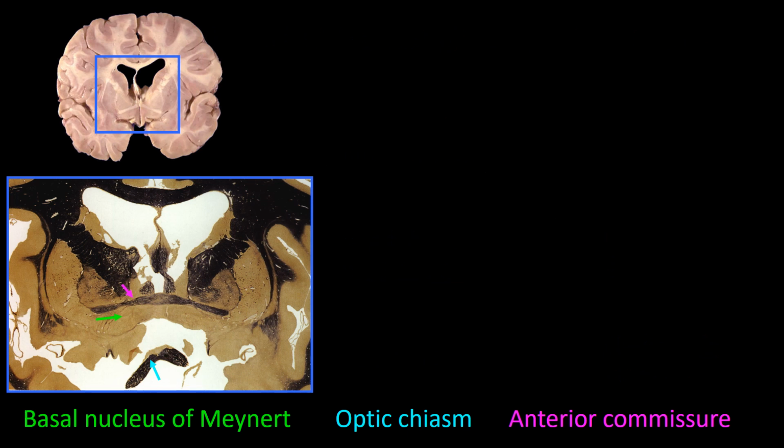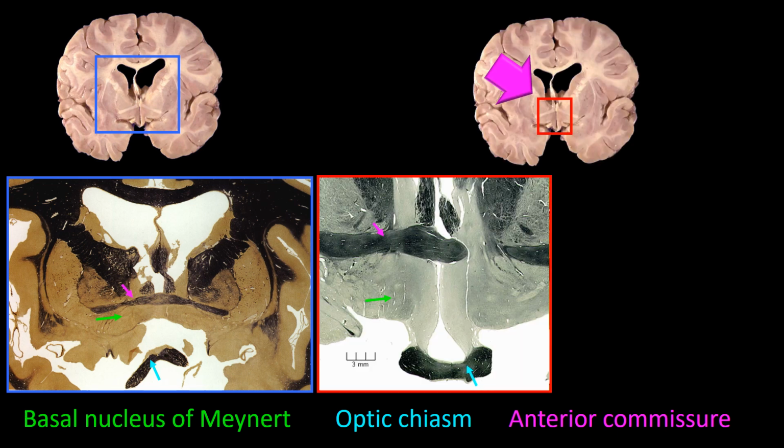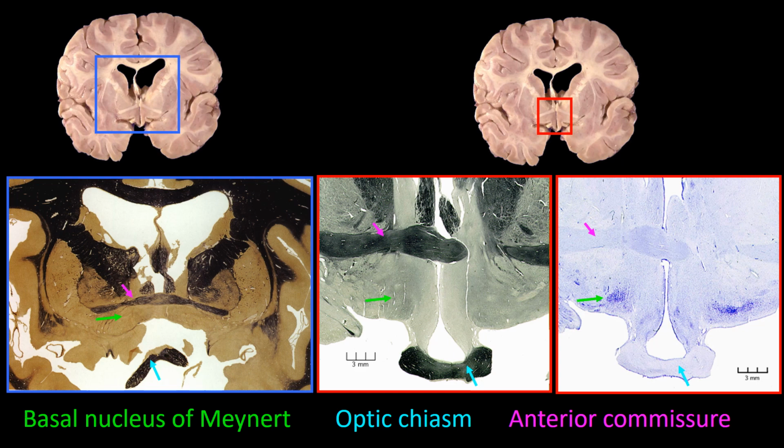In this frame, you can guess the location of the nucleus of Meynert by knowing the myelin structures close to it. Notice the color of the arrows. They are color matched with the names in the legend. The histological specimen was obtained using a myelin stain. Even when the area examined is restricted and the histological specimen enlarged, the nucleus of Meynert cannot be clearly seen because, again, we're using myelin stain. Using a neuronal stain in the specimen just added allows us to see the nucleus of Meynert bilaterally.